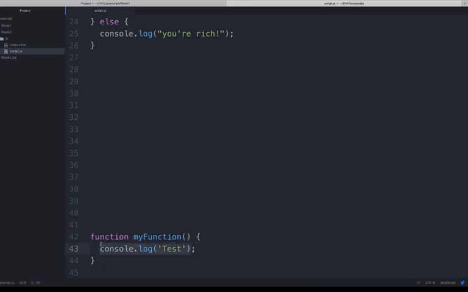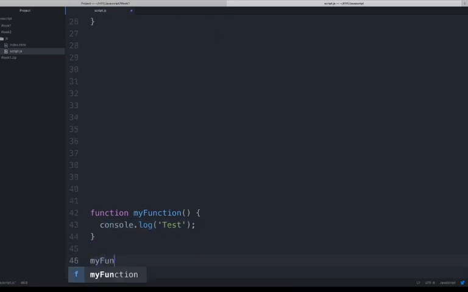This is going to run. And when I call my function, we just add parentheses at the end. This is how we define the function, and this is how we call it. And so